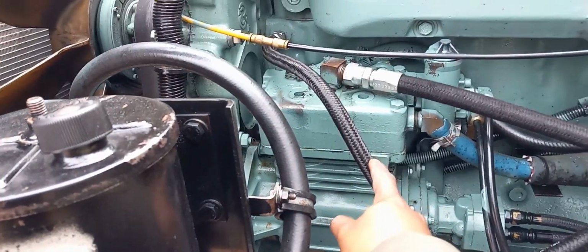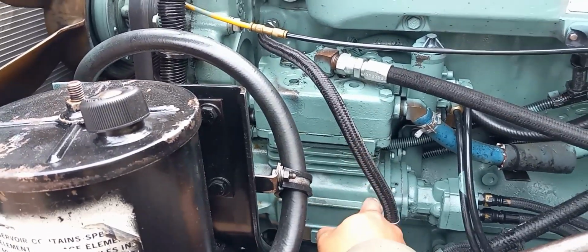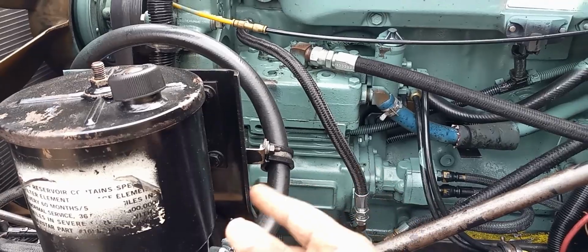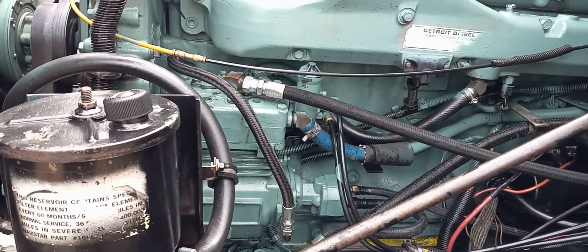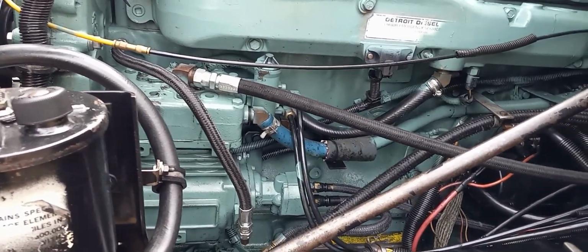This is the only high pressure oil line on this side, so this is what I thought was bad. So I had this replaced. And then after that, I got back on the road and it started leaking again. So I pulled over, and I got it towed. I got out from under the load, had somebody come get the load, and I got the truck towed to my